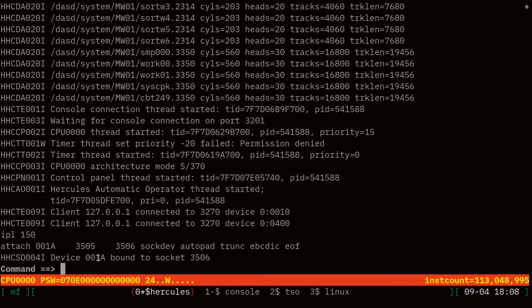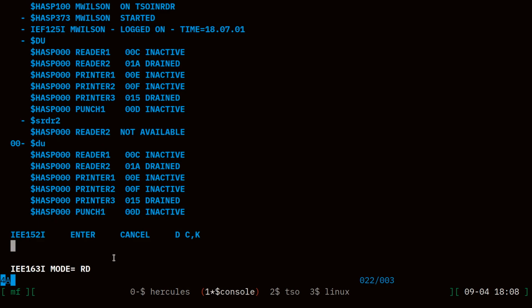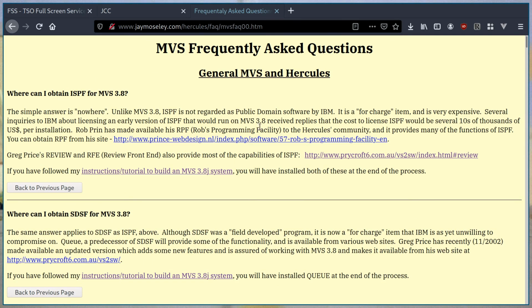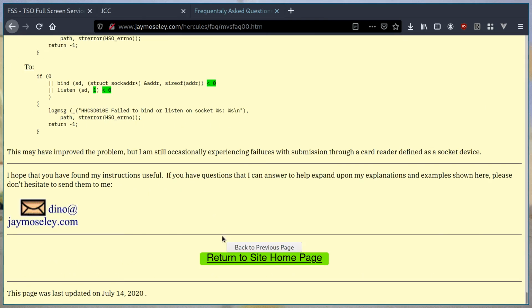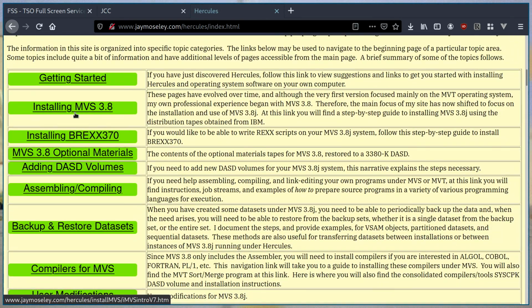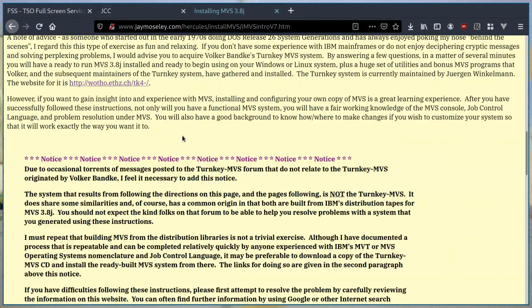Hercules, device 01A, bound to socket. So it exists in Hercules. Jez2 knows it exists now because it's showing reader 2. Is 1A a good address? Let's look back on Jay Mosley's site here. If we can get back to the root. If we look at his sysgen procedure,